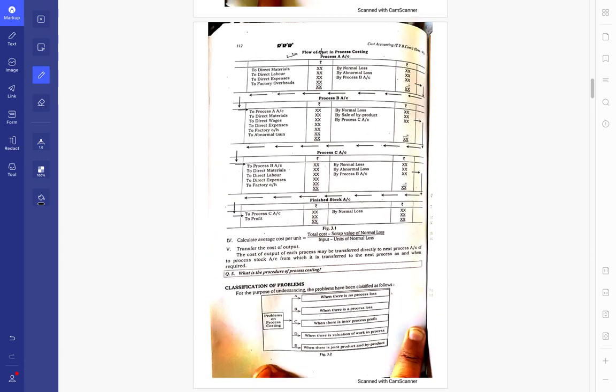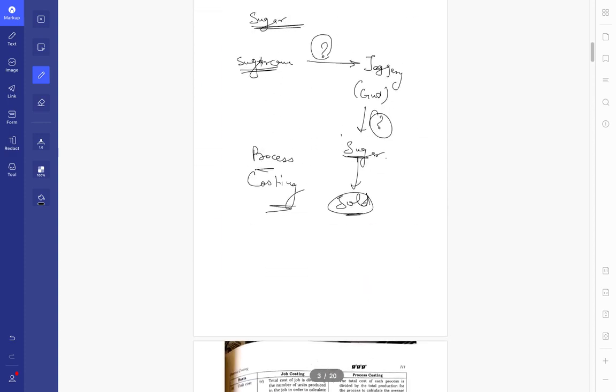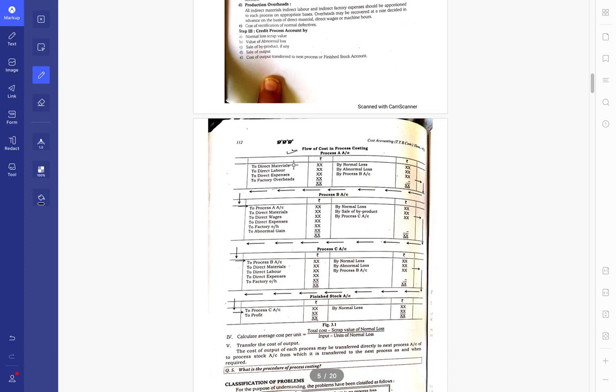I'll explain the basic flow of costs in the costing proformas in this, just an overview, and then we'll study each of them in detail. Let's say we are talking about process A. In our example, that would be sugarcane to jaggery. So the direct materials gone into it, that would be the sugarcane, then the labor used to convert that sugarcane into jaggery, then any direct expenses incurred towards it, and factory overheads. This we'll have on the debit side, and on the credit side we have any normal loss, abnormal loss, and the balancing figure here, which gets transferred into the next process.